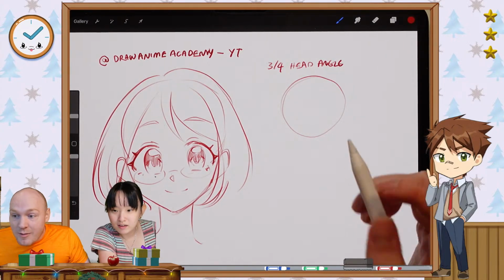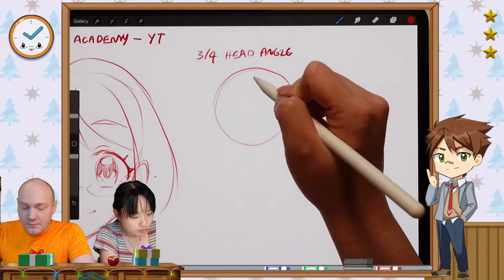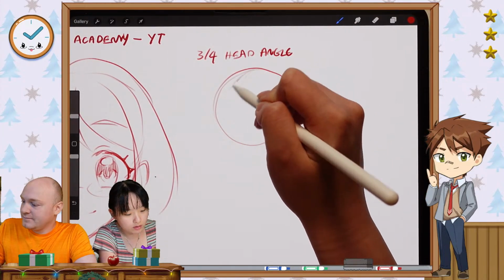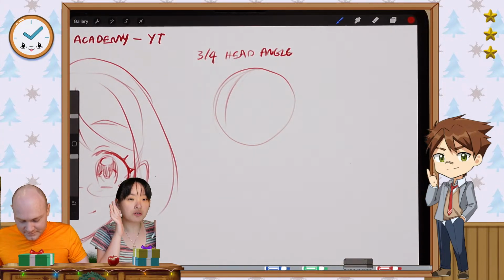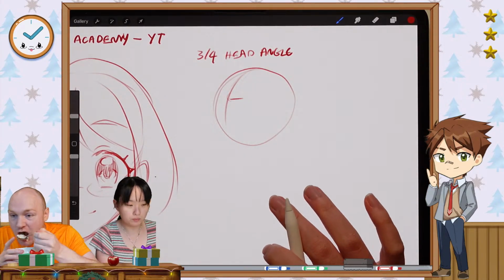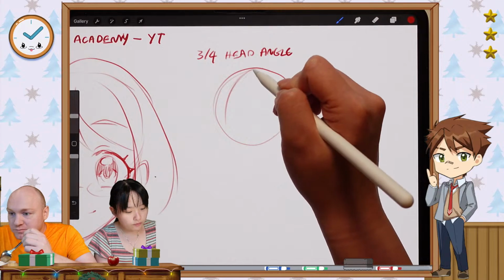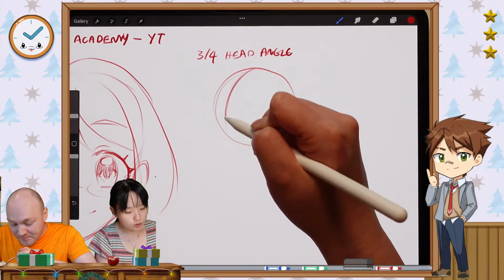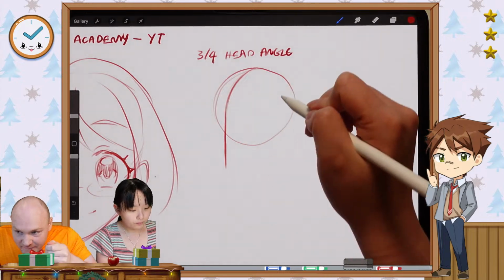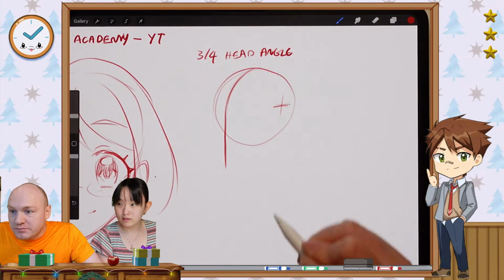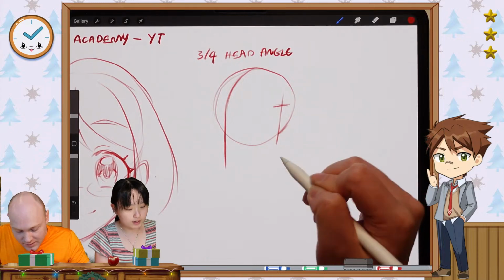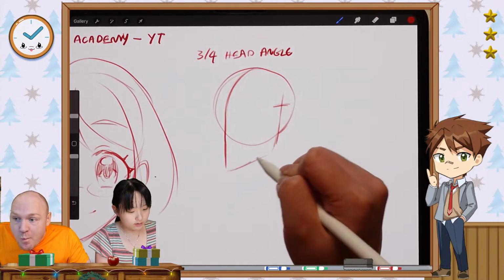Yay! How about that? So for a 3/4 head angle, you draw a sphere, and then you move your center line to whatever side you want. Because it's turned, the center line will be more shifted to whatever direction you're turning it to. Then you follow the center line, and drop it down as it goes away from the sphere. Here's the side of your head. Connect this line down a little bit further than the back of the head, and then you can connect the jaw like that.